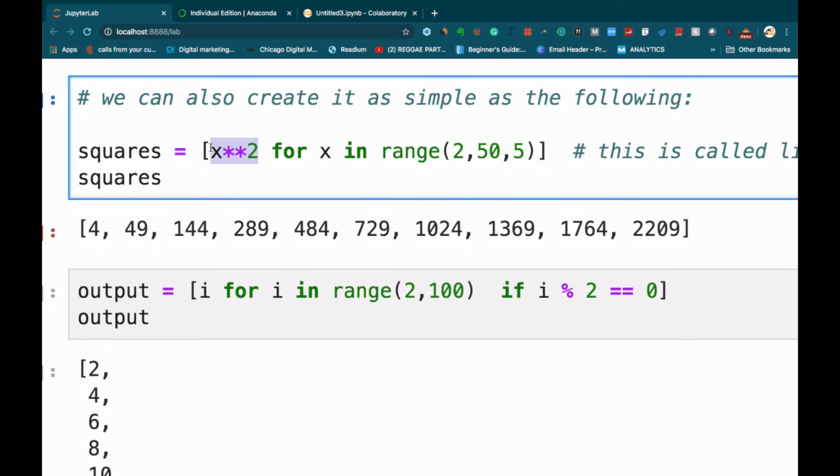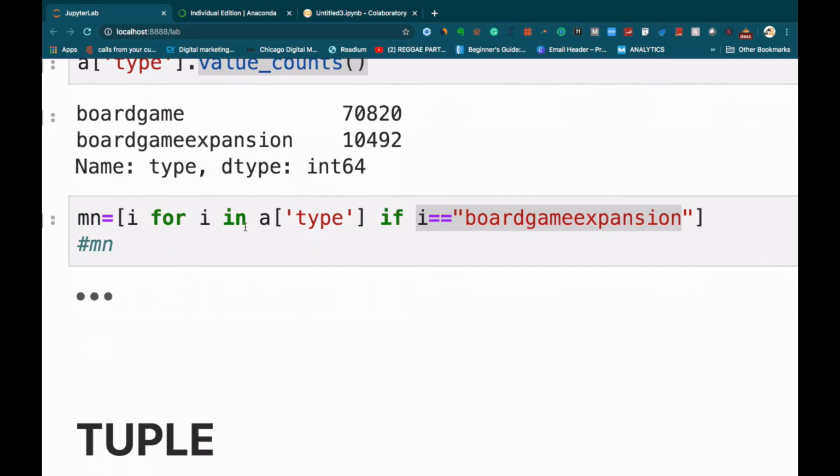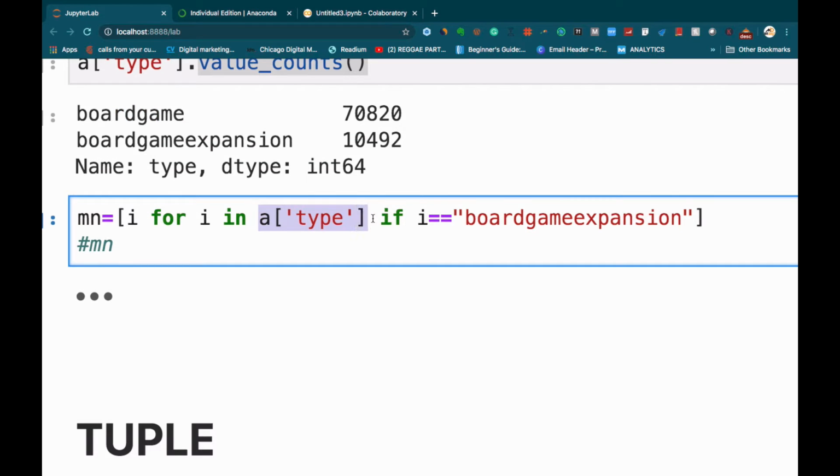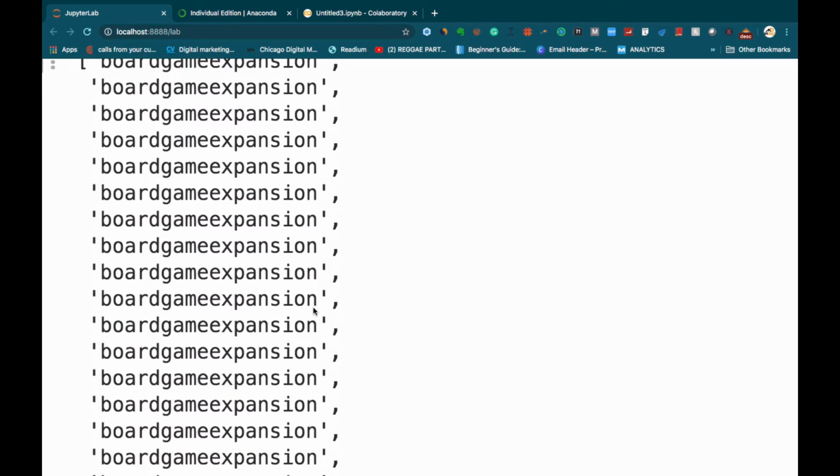I'm doing the same thing over here. It's the same intuition. Go into this column, and if you find anything which is equivalent to board game expansion, print that for us. So if I run that, you can see that it's giving us